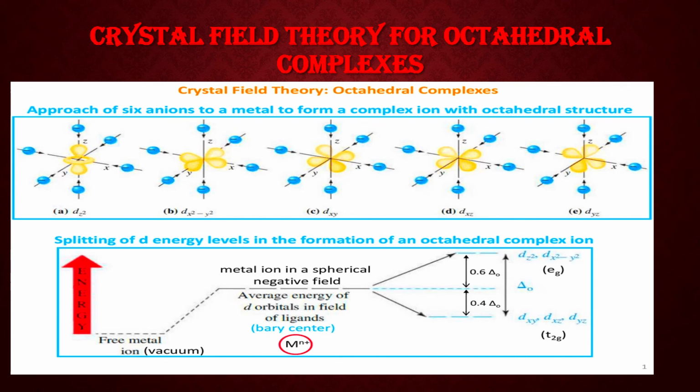You can see in the next figure, the bottom figure, that 2 d orbitals move to the higher energy level and these are called Eg orbitals. And the rest 3 d orbitals, that is dxy, dzx and dyz, feel lesser repulsion because their lobes are in between the axes, so they do not feel much repulsion and hence they have less energy and they are termed as T2g orbitals, as you can see in the figure.